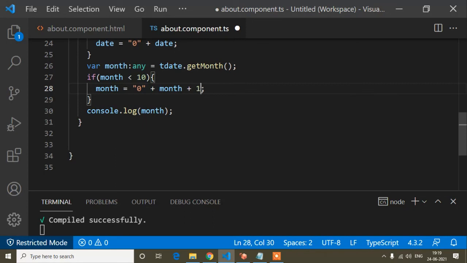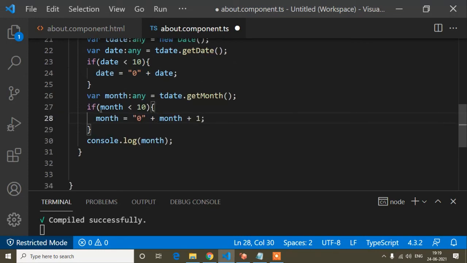If the month is July, that means 7, it would return 6, the previous one. So why it returns the previous month: because month is always in array format and array starts from 0, so it returns 1 less. Okay, because it starts from 0, and that I explained. I hope it's clear to you.